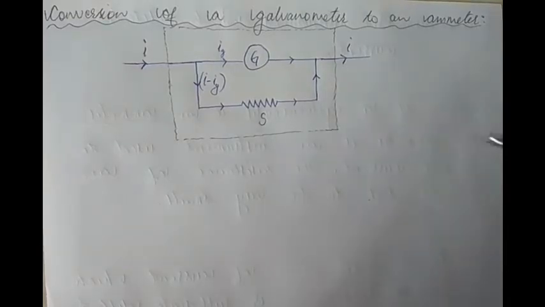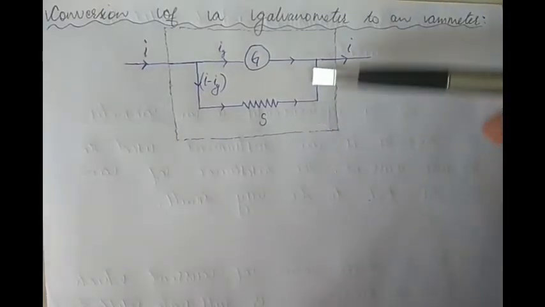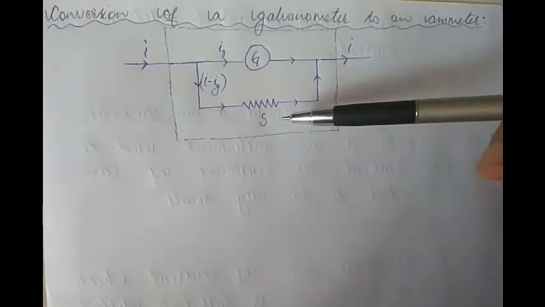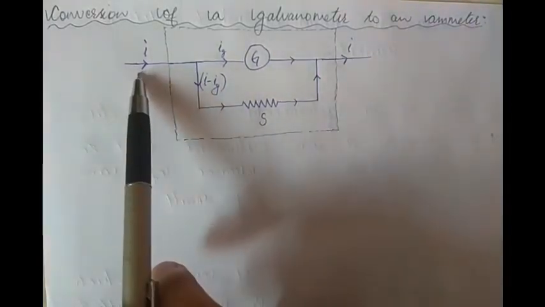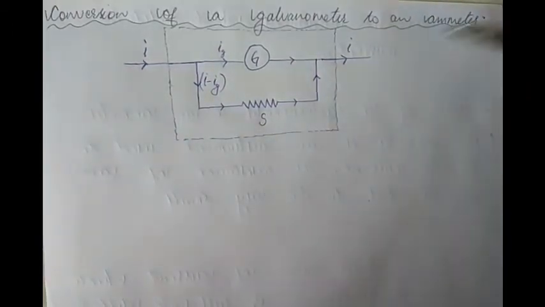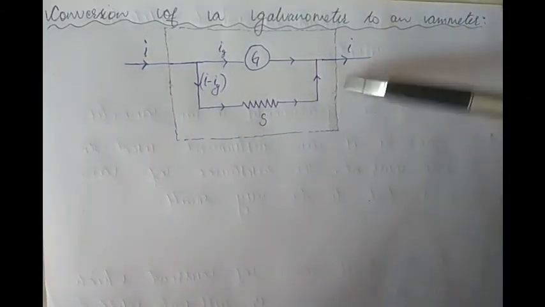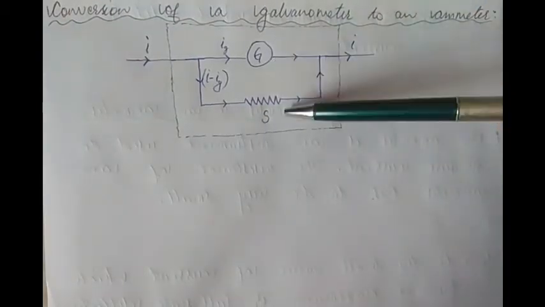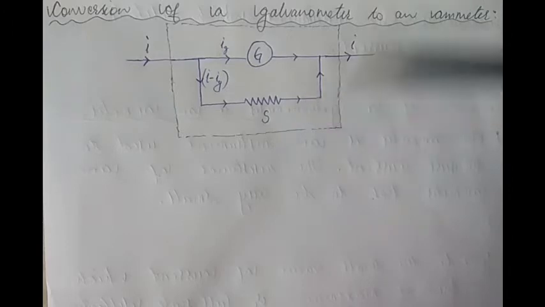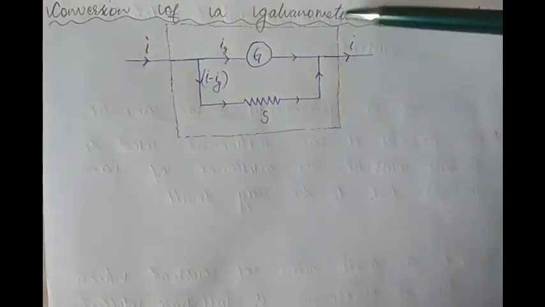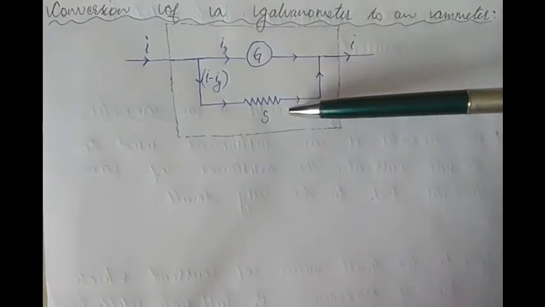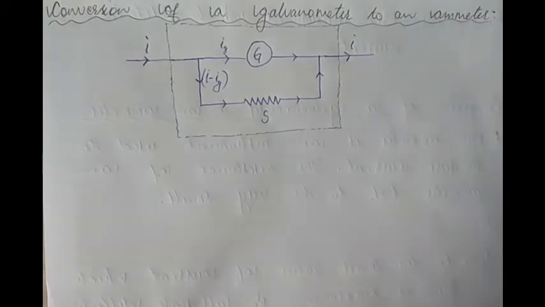So if you ask me what should be the value of the shunt that is to be connected in parallel to the galvanometer, then the answer is that the value of the shunt depends on the value of the current I that is to be measured. Or so to say, the value of the shunt depends on the range of the ammeter. So remember, the combination of the galvanometer and the shunt is what acts as the ammeter now. I have made this box over here. This box represents the combination of the galvanometer and the shunt, which is functioning as an ammeter now.